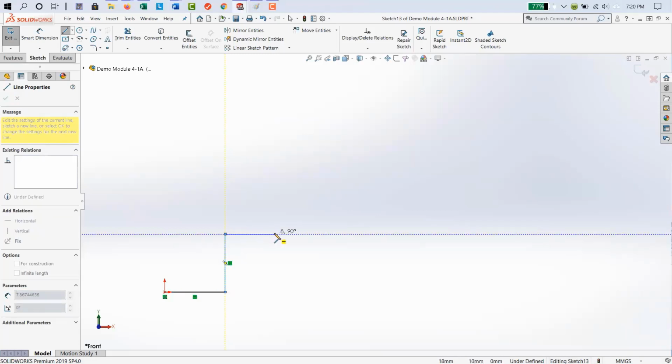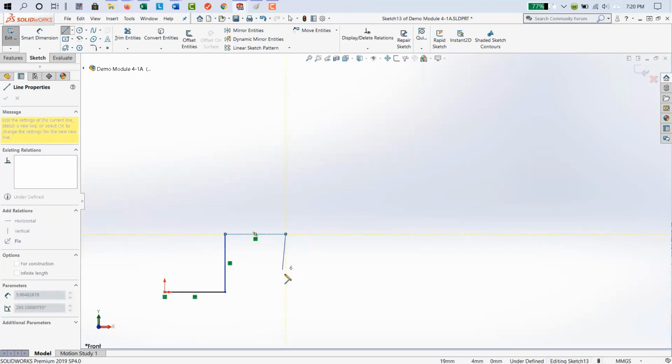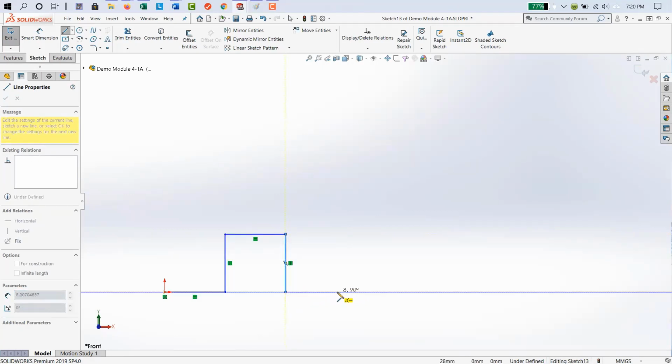Let's go over right, 10, and then down. Now watch my inference lines. See how that lines up? Once I get that line, then I know that I am exactly horizontal with that previous line that I made. Set the point, go over approximately 10, left click, go up.